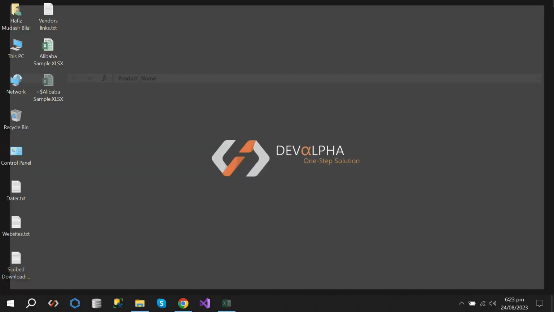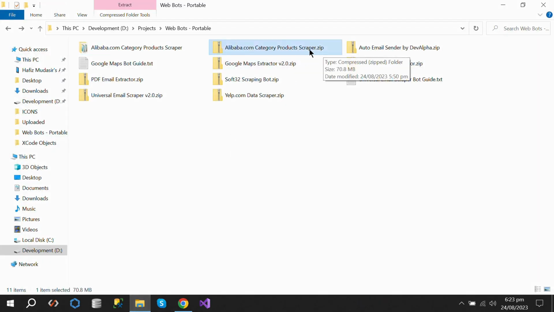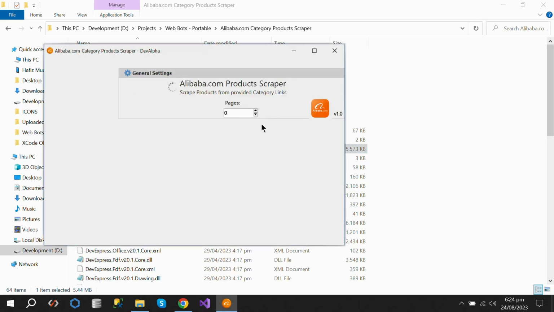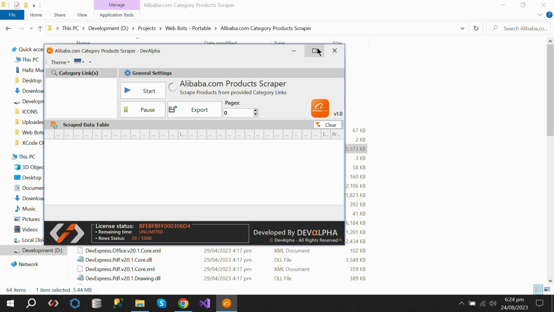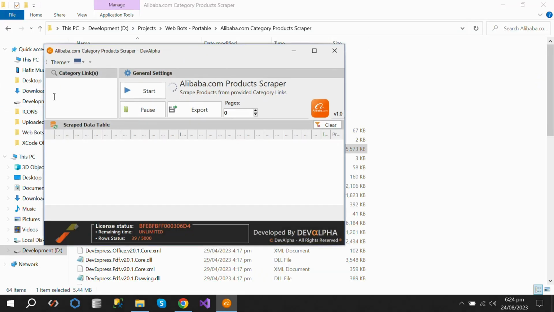Okay, so this is the zip file, and when we extract it, go in the folder and open this executable file. So this is the bot. Here are the data columns that it will scrape,